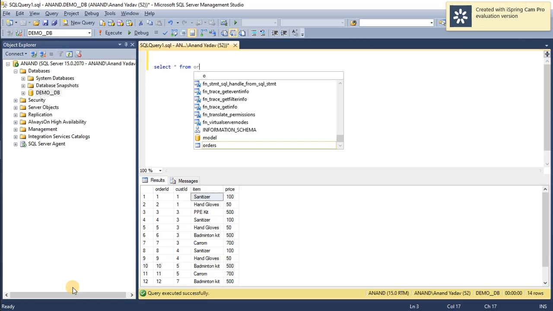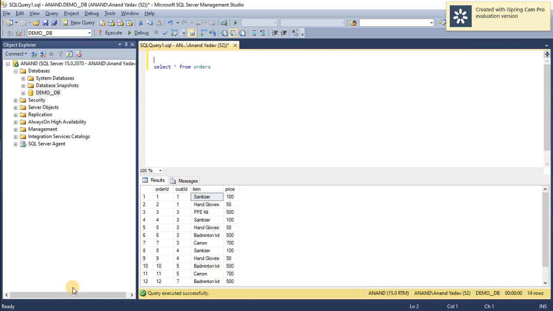So we have a table called orders, and this orders table has four fields called order ID, customer ID, item and price. In the last video tutorial we saw how many items a customer purchased from the shop and the total price, so that we have obtained.